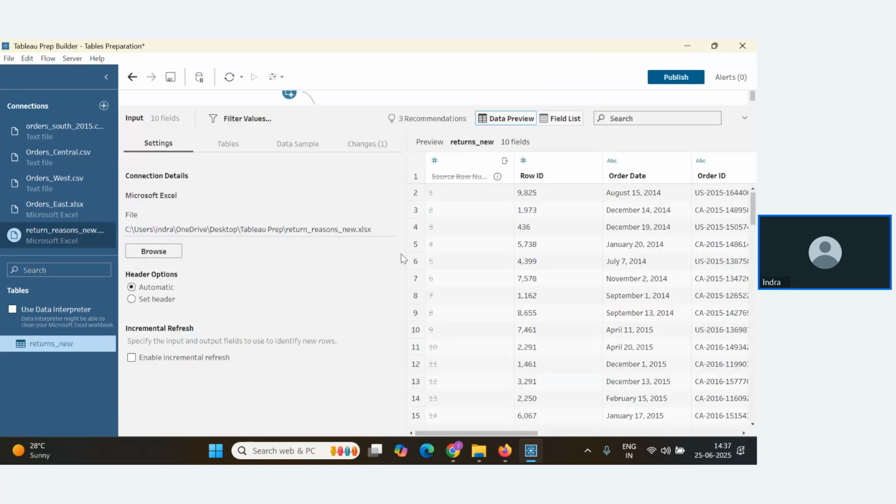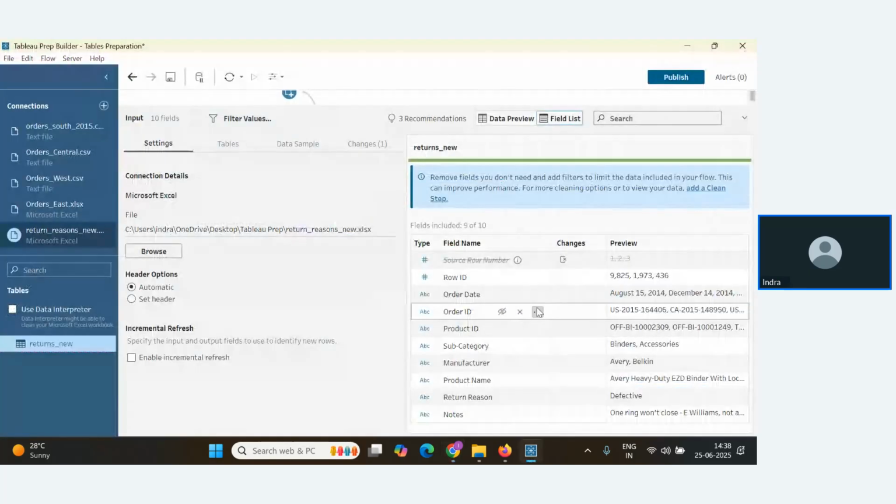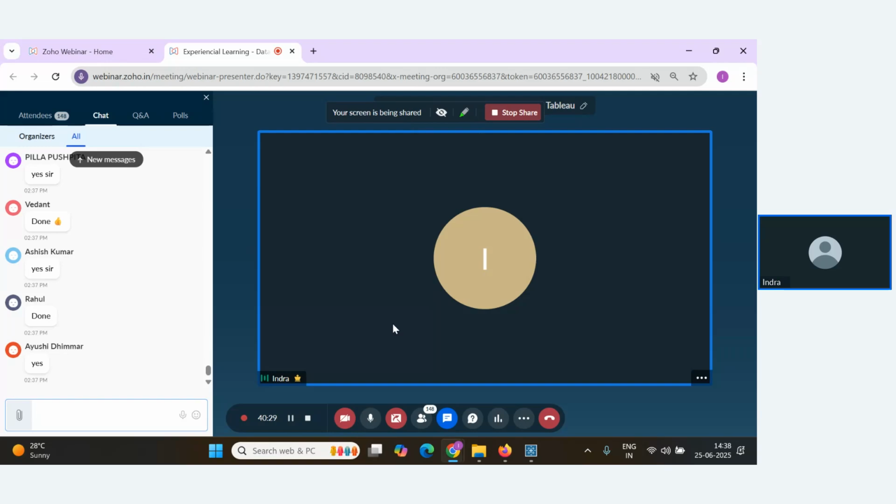For now, no need to look into this. Let's look into the preview. Inside this, we are getting two options, data preview and field list. Let's go with field list. In field list, we will see the list of fields inside your particular table. The field names are nothing but the columns, correct?